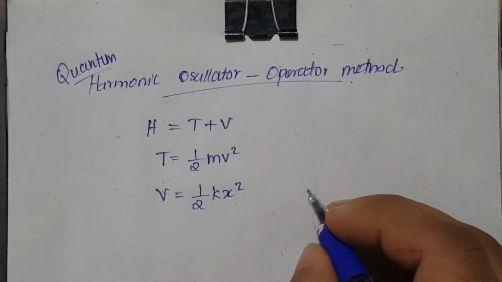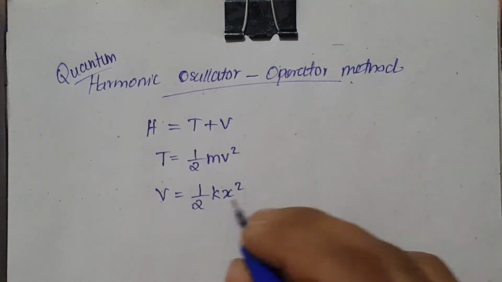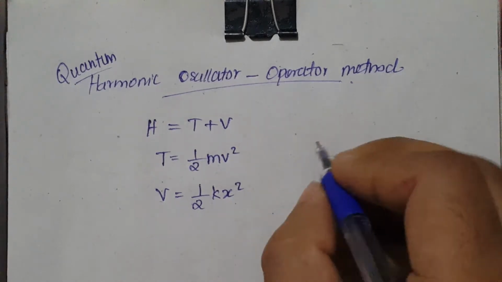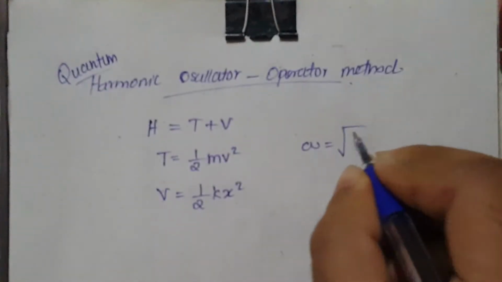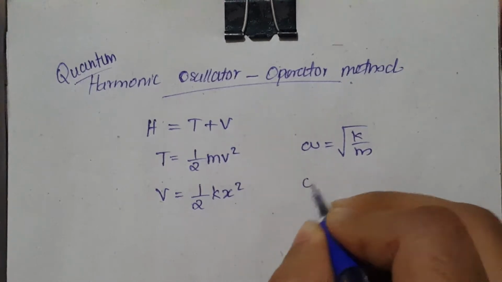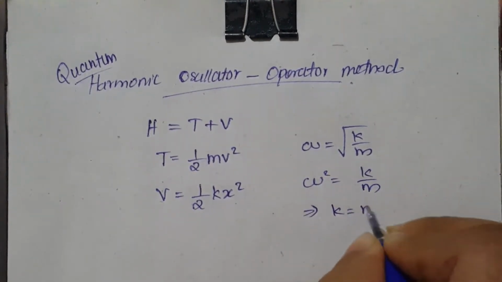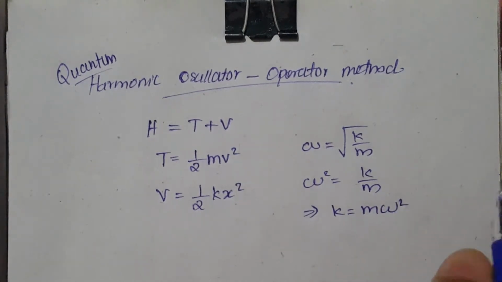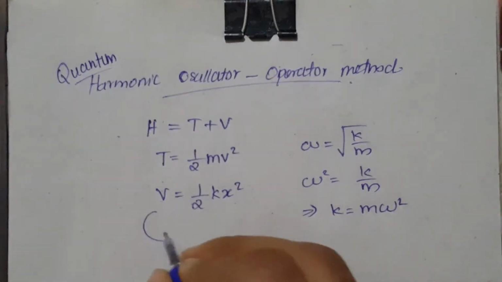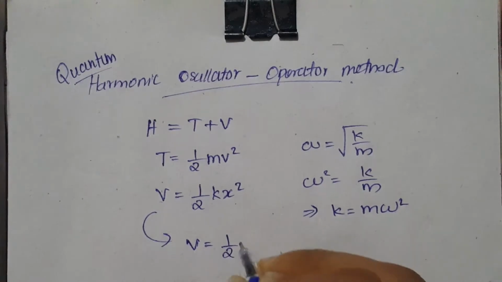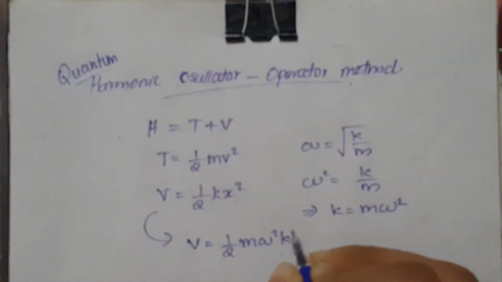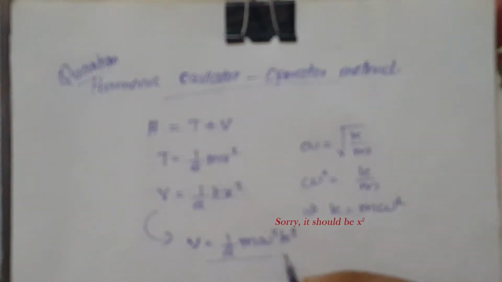Now what is k? Or can we replace k with something? Yeah, we know that omega is root k by m, or omega square is k by m, or we can write k as m omega square. Okay, now we can rewrite the potential as V is half m omega square k square. Okay, now we have both